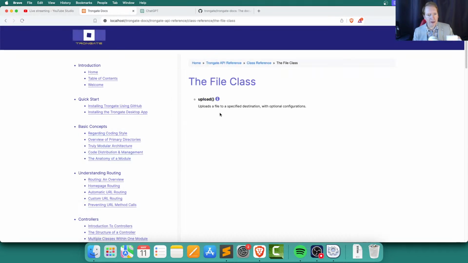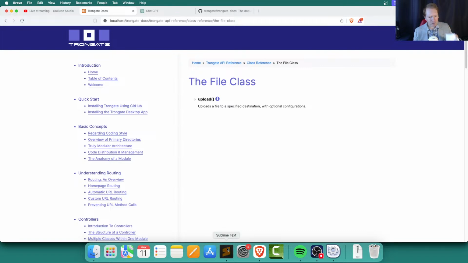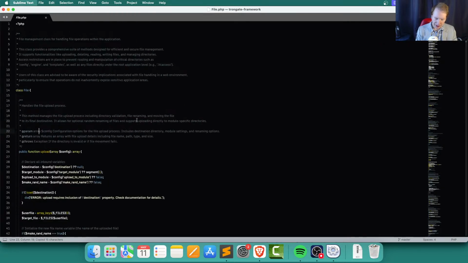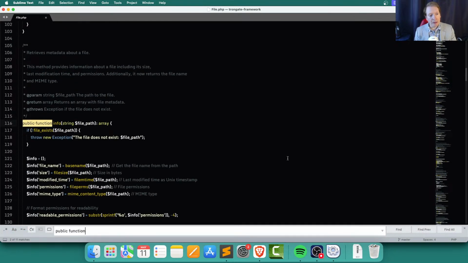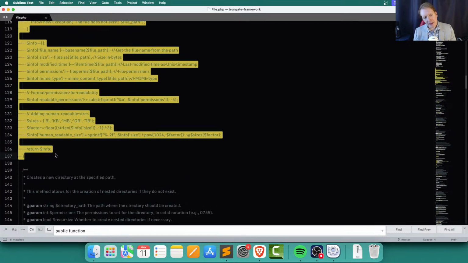So if we go into the file class, here's our upload thing, and it works just fine. So the idea here is we look for public function. Anything that says public function. So we've done upload, and you can see that there's one for info here. Now I'm going to copy this. Anyway, I'm going to copy that,